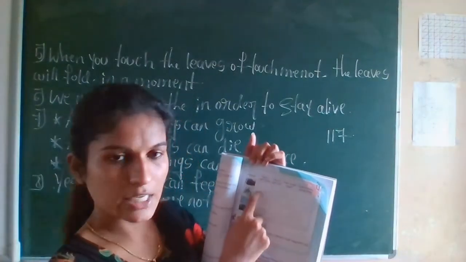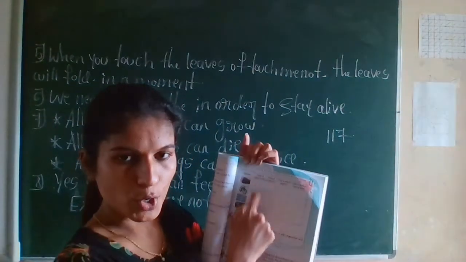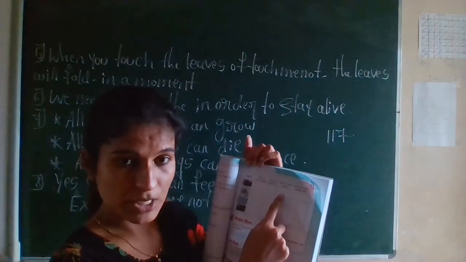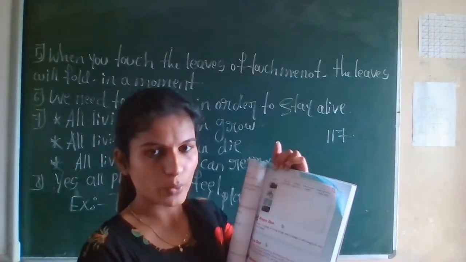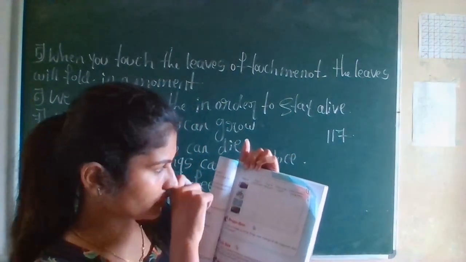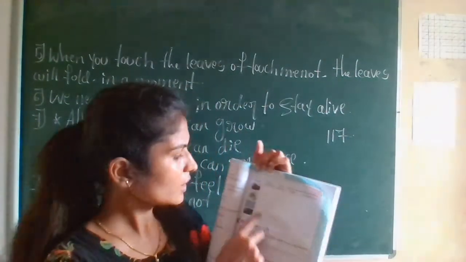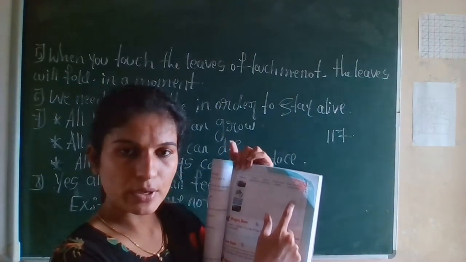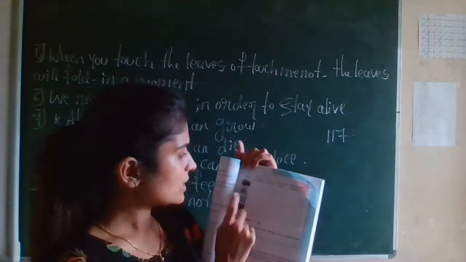So the question is, does it need food? Machine needs food. Yes or no? No. Then write here no. Okay. Next, does it need air? No. Does it need water? No. Then does it reproduce? No. Okay, because it is a non-living thing. Machine is a non-living thing. Just write the answer in yes or no. Yes itandre yes bariri, no itandre no bariri. Next one, cycle. ಸೈಕಲ್‌ಗೆ food, air, water, reproduce ಇವೆಲ್ಲ ಮಾಡ್ತಾವ? No. So ಎಲ್ಲ ಕಡೆ ಏನು ಬರೀರಿ? No.